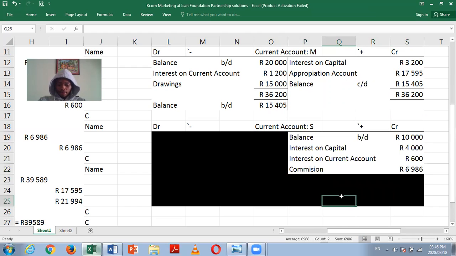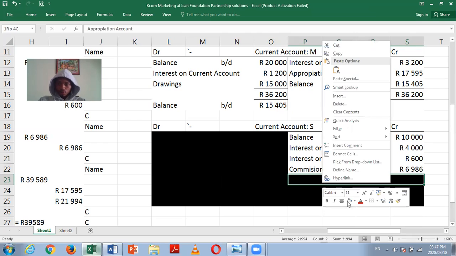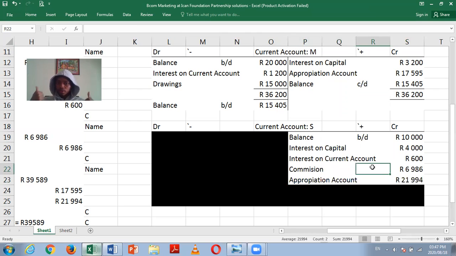Okay, and then again, what else do we have? We shared a profit. The fact that we shared a profit means the current account is going to increase. But if we shared a loss, it means we're going to have a decrease on that side. So now, the fact that it's a positive amount, which is a profit,